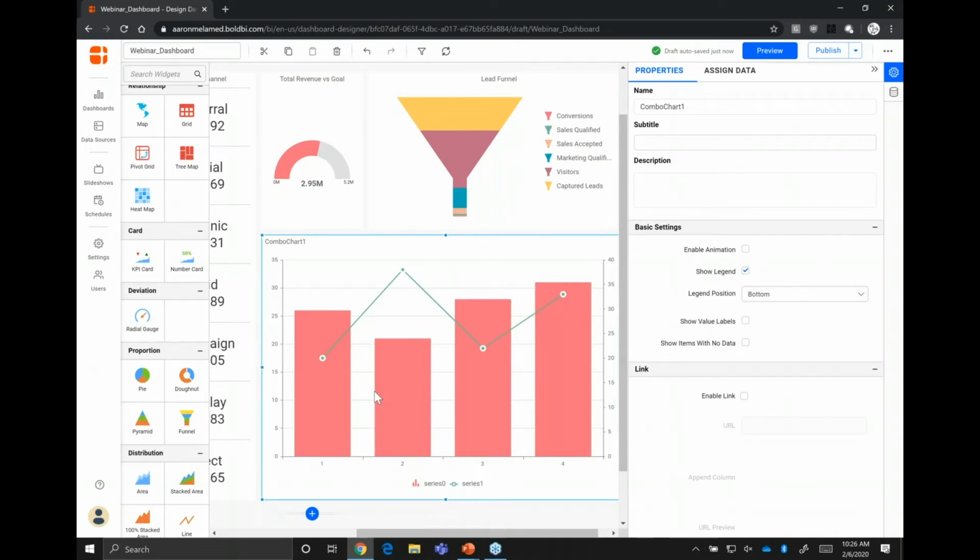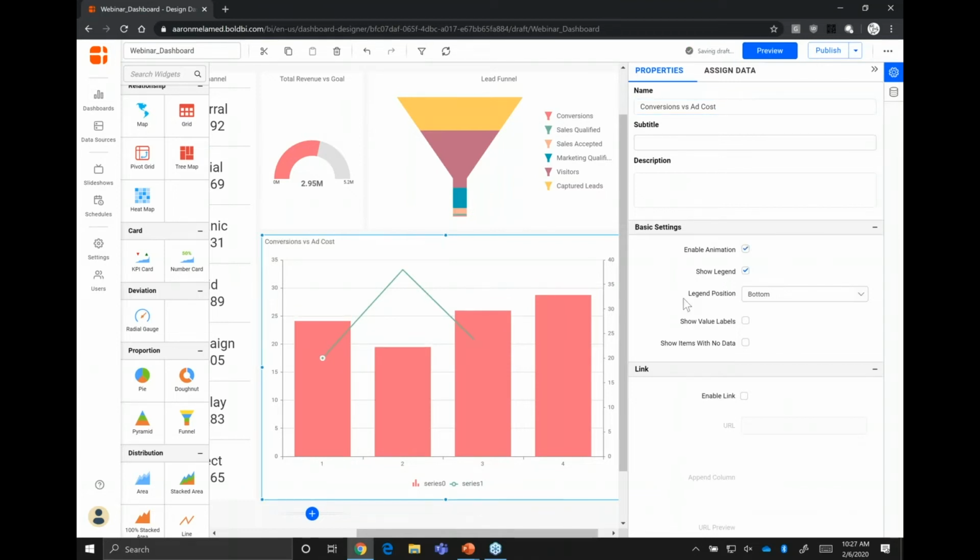Now, it is possible to do that in other widgets. For example, all of them support trend lines as well, but it's not the same thing as actually showing two different data sets in the same widget. So what I'll use this one for is to show the relationship between our conversions and our ad cost. So we can correlate how much we're spending on ads and how much we're bringing in